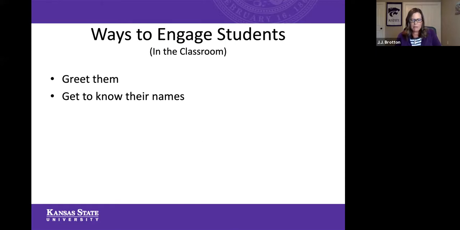I also, along with this, had students give me note cards with information right at the beginning of the semester. I know a lot of people do a lot of different things like that, but for me, as I'm learning their names, a lot of times I'll just alphabetize their note cards. And so I'll put their note card next to their names. I'm learning them and just learn a little bit about them. But I also find that's really, really helpful for when a student wants to have a meeting with me. I can go take a look at their note card ahead of time and say, well, tell me about this activity you're doing outside of class or something like that. So I have a little bit of background knowledge instead of walking in blind to that conversation.